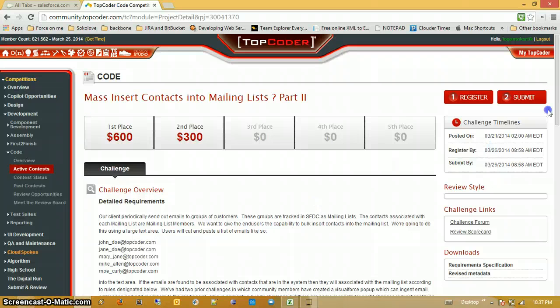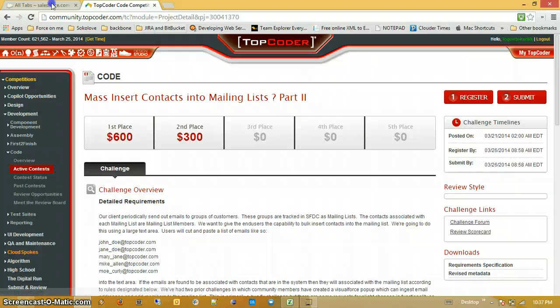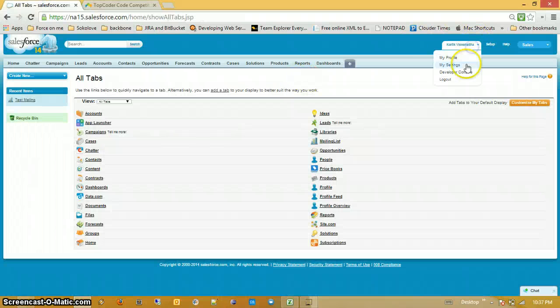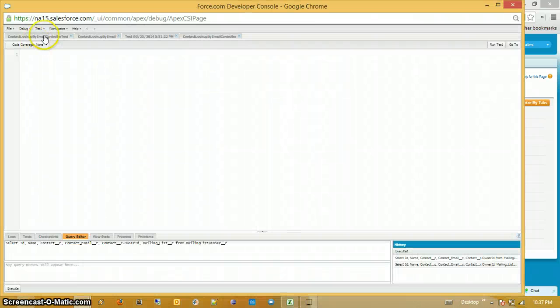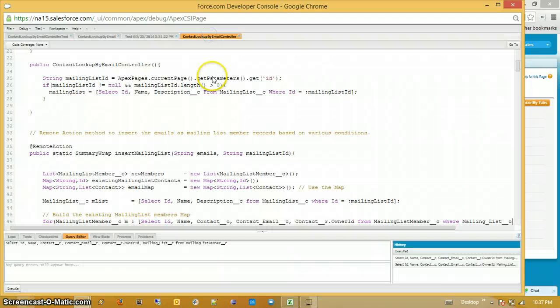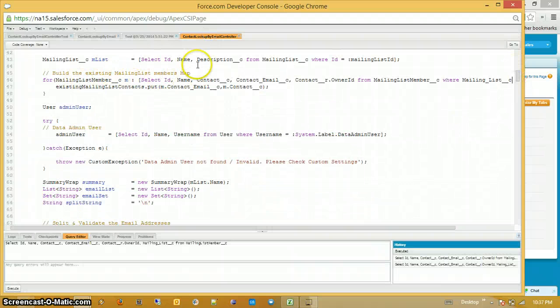Also, I changed the code. There was an issue with the SOQL query where I was using aggregation to get the mailing list members from the parent. Now I split the code into a separate query.